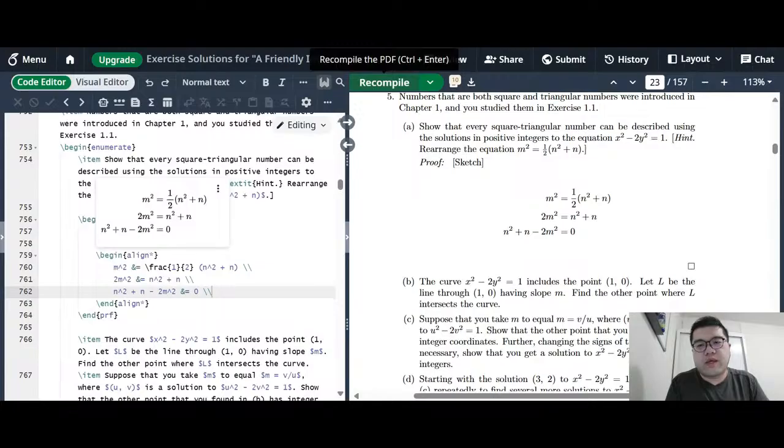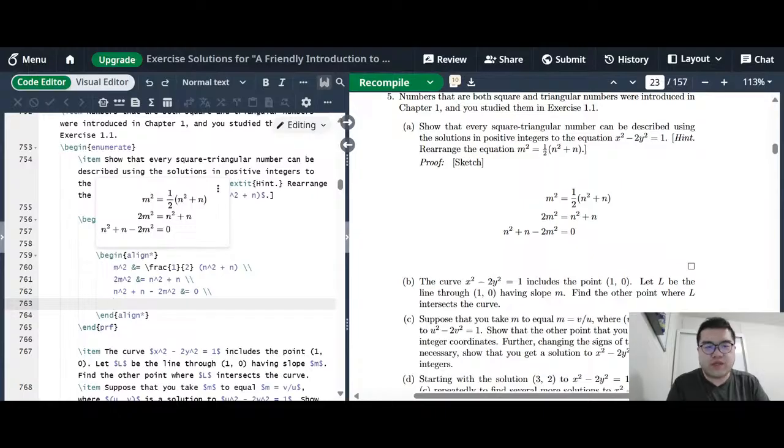In order to get a perfect square, we need to complete the square. But if we try to complete the square with just n squared plus n, here is the problem. We have the square term, we have the linear term, but then if we try to add the constant term to this part so that we can complete the square, what we need will be the following. So we actually will need to get something like